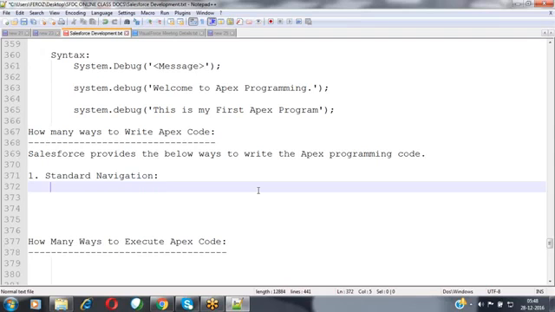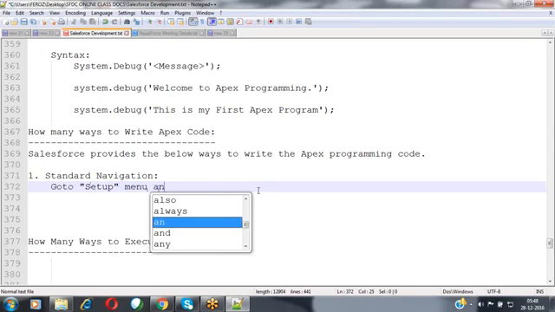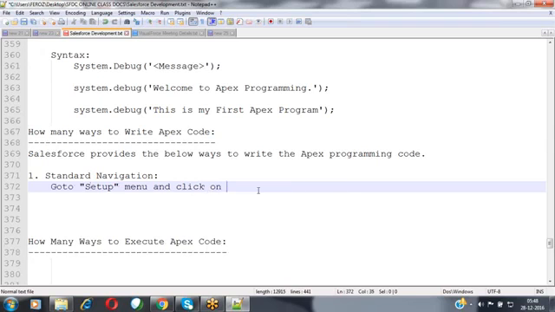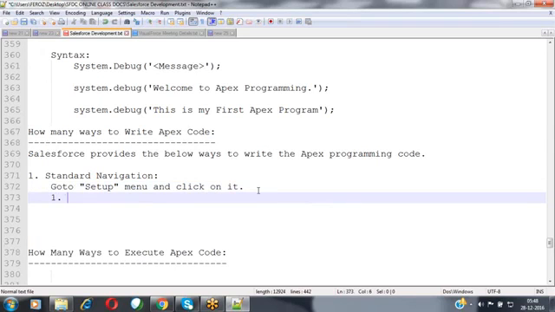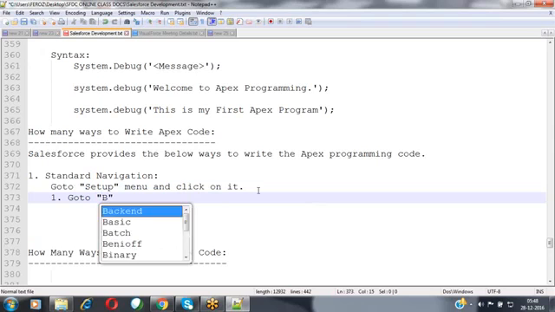What exactly is the navigation for this standard navigation? Let's see. Go to the setup menu and click on it. Go to the build menu in the left panel.